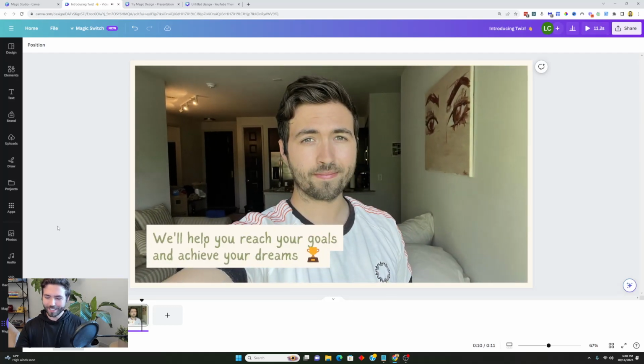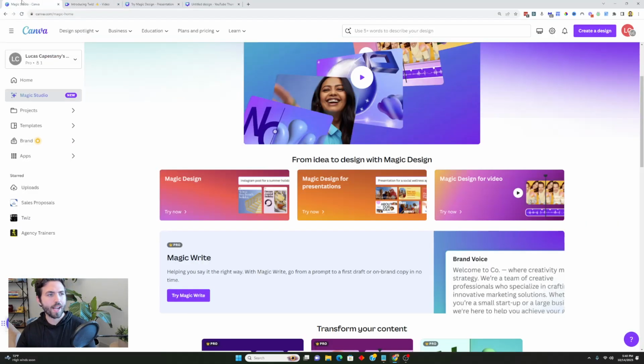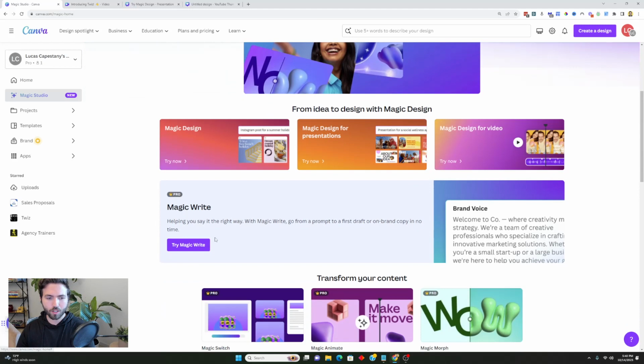So it actually had a little bit of music in the background there. Now, I'm gonna be honest, I'm not entirely impressed by that feature. It is definitely new and cutting edge, but it's probably got a long way to go before it can really do full videos. But I'm gonna go back to the Magic Studio and click on Try Magic